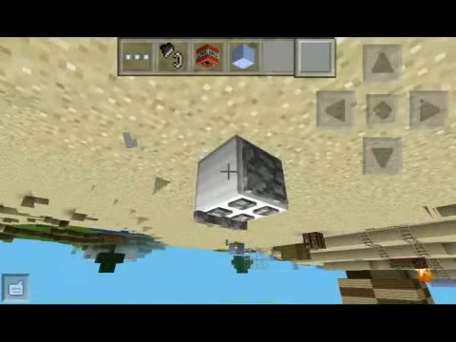So this is like a stove or an oven, whatever you want to say. The textures are from an iron block and cobblestone.